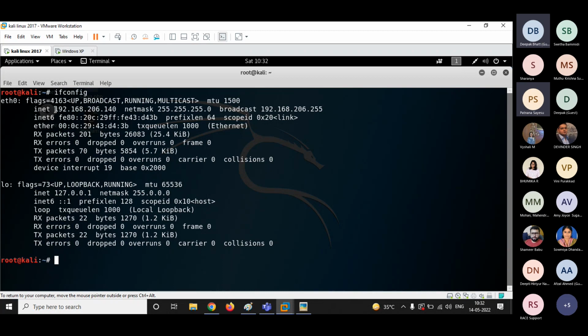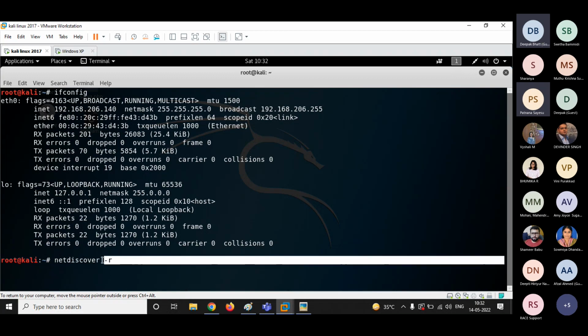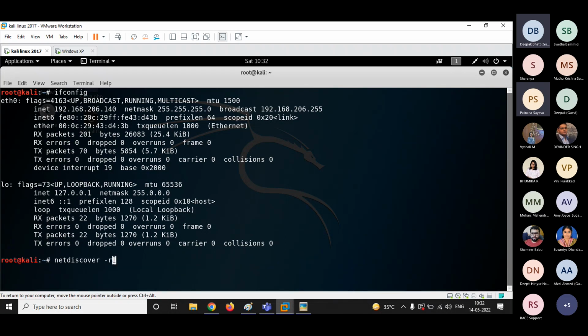Now, guys, depending upon this IP address, I will try to find out all the machines within my network. For that, we have a command known as netdiscover -r. Hyphen r is for the range. Over here, I will be specifying the complete IP range, not a particular IP address, so that whatever machines are inside that range, I will be able to get.